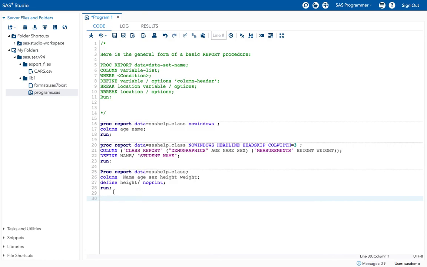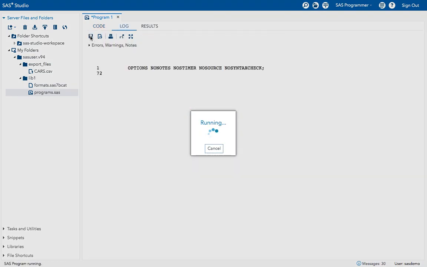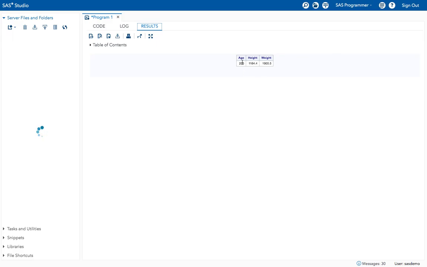See, for example, if I am working only with the numerical values, let's take the same example. Now I am removing all the character variables. I just want the results for only the numeric values. I am removing name and sex, those are the character values, right? Now I want to generate the results for age, height and weight numeric values only. Okay, execute the program. Let's see how I will get the answer.